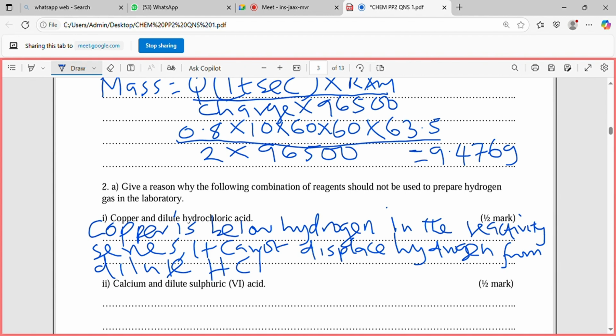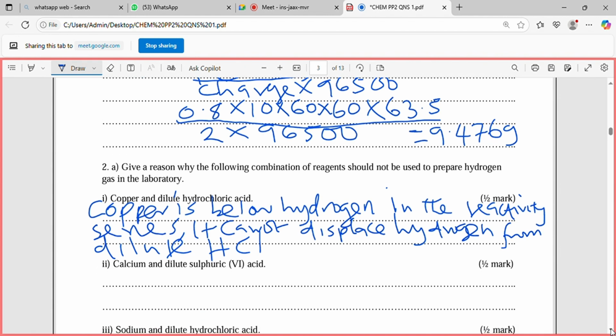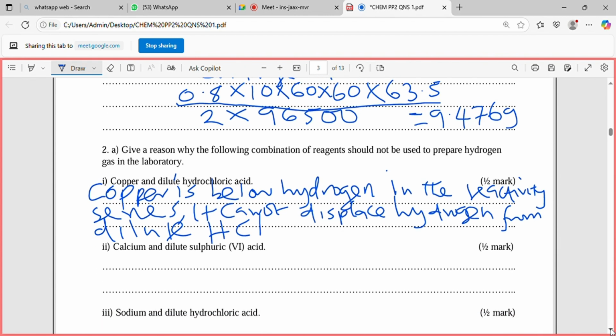Next, calcium and dilute sulfuric acid. Calcium sulfate is an insoluble salt. If you react calcium and dilute sulfuric acid, the product will be calcium sulfate, which is insoluble, which coats the unreacted reactants, preventing further reaction. So we say calcium sulfate formed